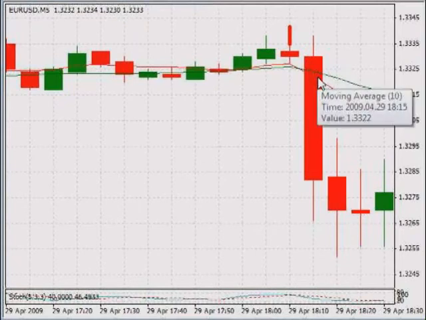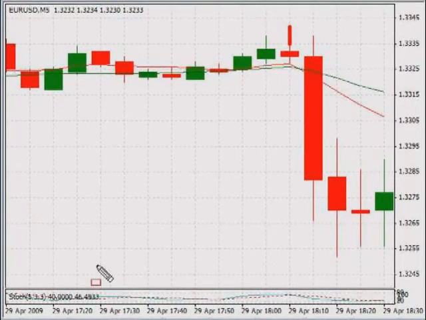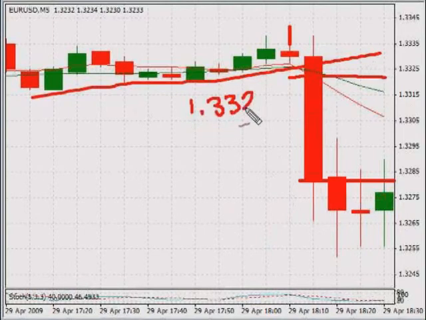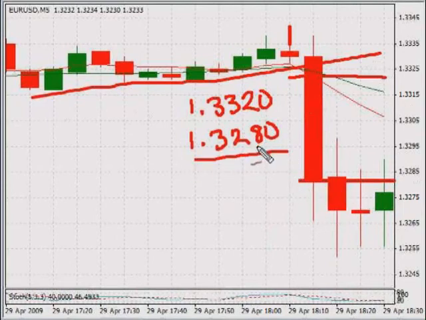Now, the signal doesn't actually become a signal until the candle closes. And so the candle, in this case, we know closed right down here, which is where we would have entered into the trade. Now, if we compare that to price action, we said price action would have gotten us in somewhere here around 133.20. If we compare that to maybe 132.80, which is about where we would have gotten in there, we can see that that's a 40 pip difference